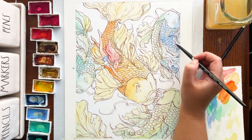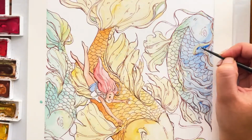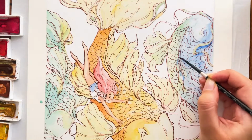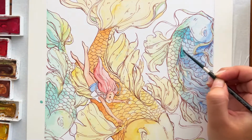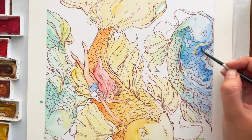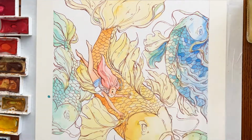So that's just something you can consider when trying to choose a paper for your illustrations, because cold press is going to give you that textured look and hot press is going to be very smooth like this, and like I said, it feels like you're working with a marker. So just keep that in mind if you're going for a particular style of illustration,